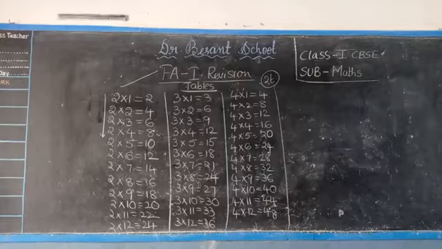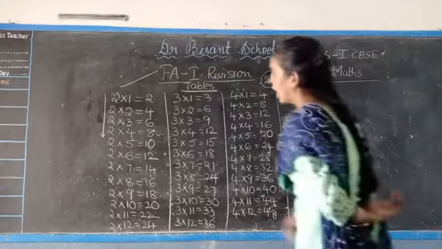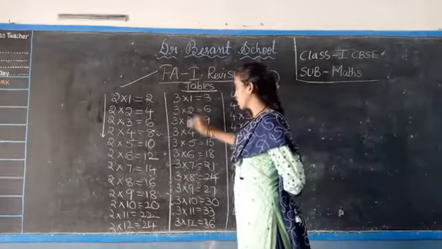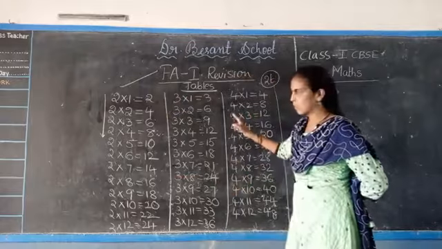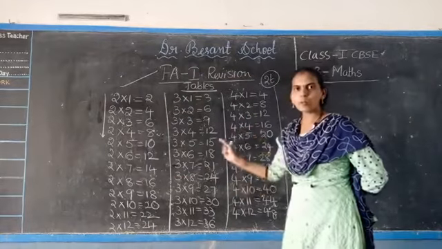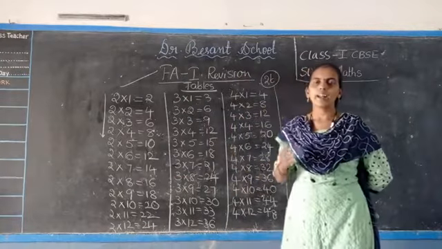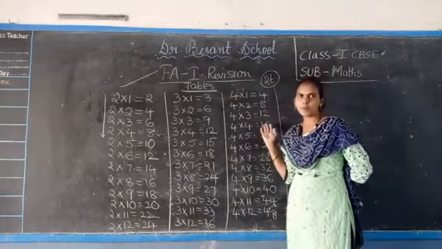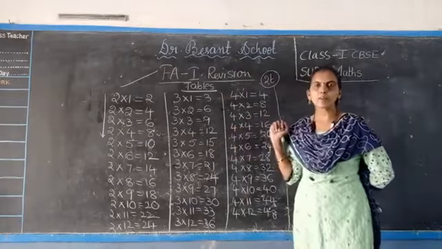Is it clear? Yes. After noting down the tables in forward direction, please note down the tables in the backward direction also. I will give you the backward direction. So note down like this what I have given on the board. Please copy it in your book. And I made you learn these tables by heart now. So practice these tables perfectly.